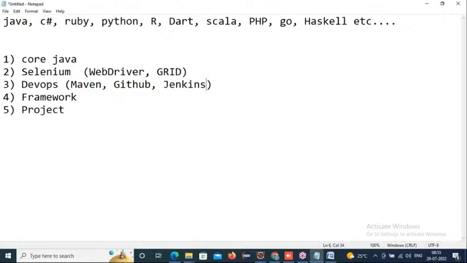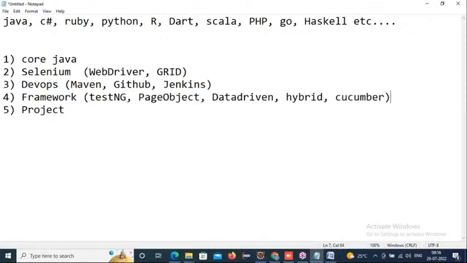These are the three components which we cover in DevOps. And coming to the frameworks, we will be covering TestNG, page object model, data driven, and lastly we do the project. And the benefits